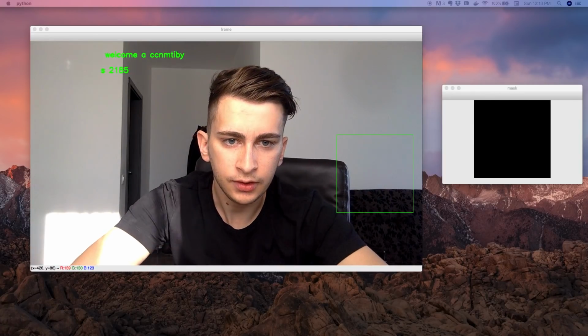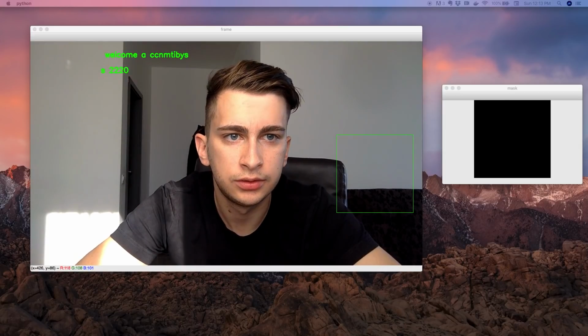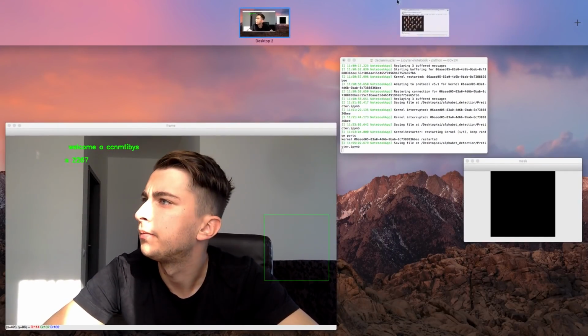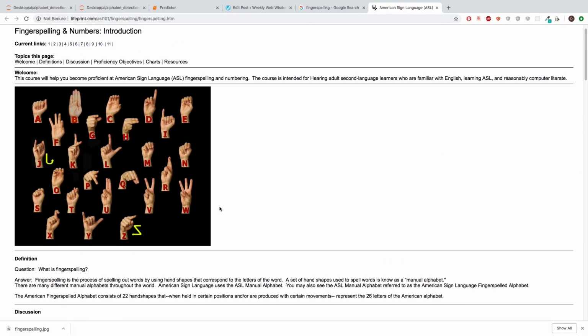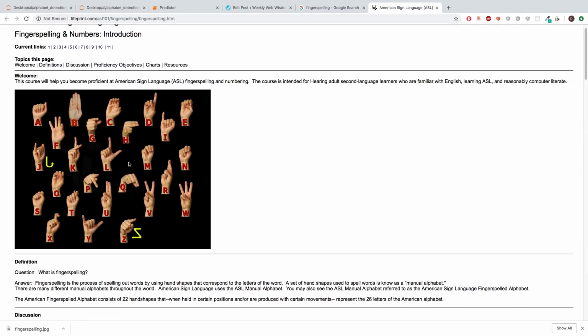Okay, so as you may know, these are the letters in the finger spelling. Most of them have quite subtle differences, so it's not an easy task to tell them apart. What I use is artificial intelligence, more exactly convolutional neural networks, to train a data set to